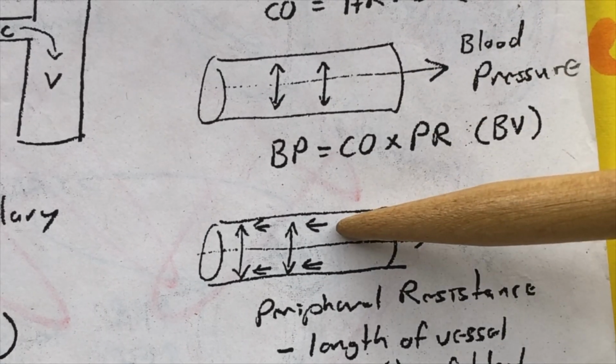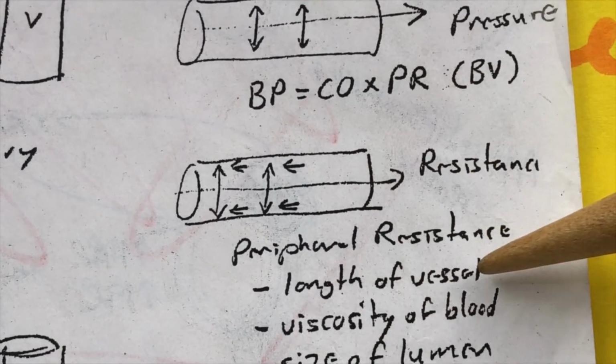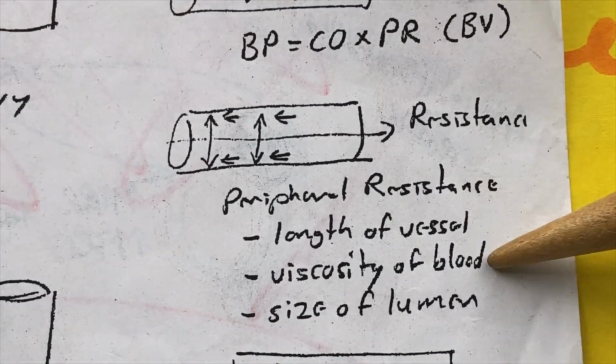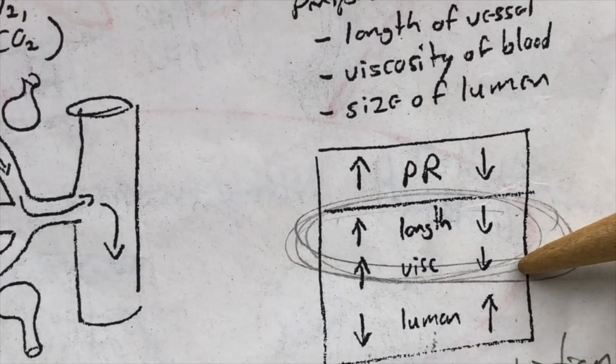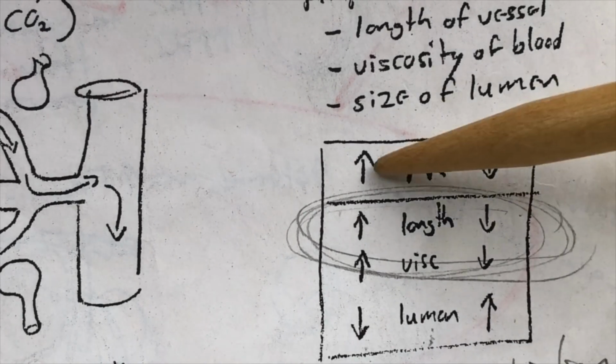But the friction up against the wall represents resistance. Now, peripheral resistance is due to 3 main factors right here, and that's length of the blood vessel, viscosity of the blood, and size of the lumen. In this chart down here, we can visualize,